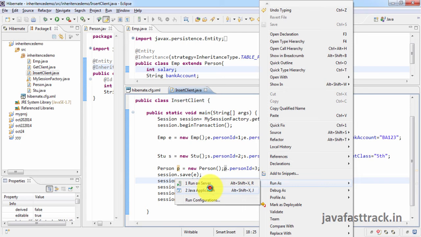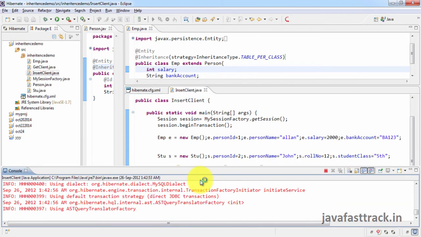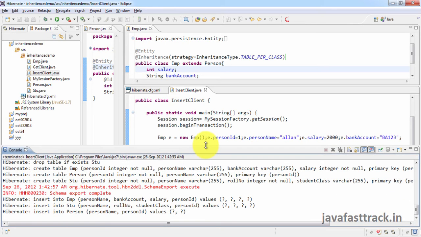So the previous tables will all be dropped now, and you'll see that new tables are getting created. You can see that the previous tables, if anything was existing, are all dropped. Now we see that three new tables are created: employee table, person table, student table. Carefully look at it. Person table has person ID, person name, and a primary key field.